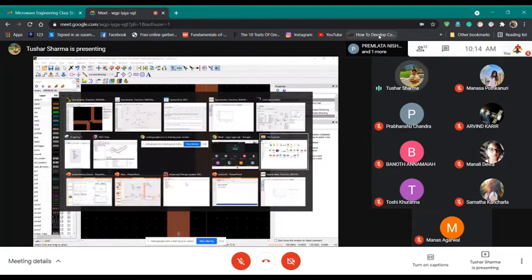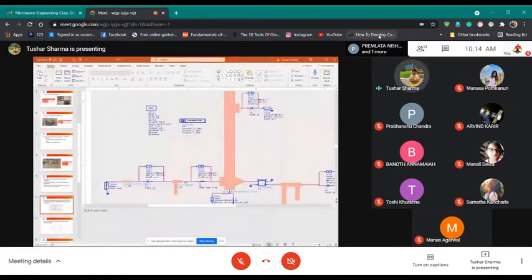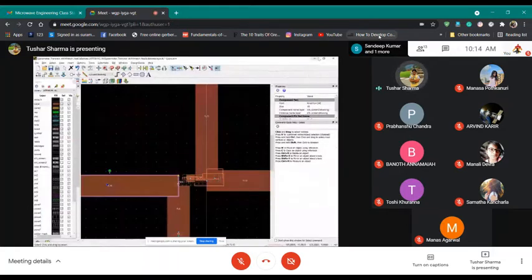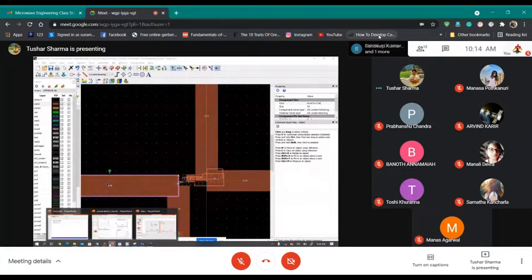So your exact circuit will be something like this: you have a match, then you have a capacitor. Actually, this is also not good. Let me see if I can pull up some other circuit.